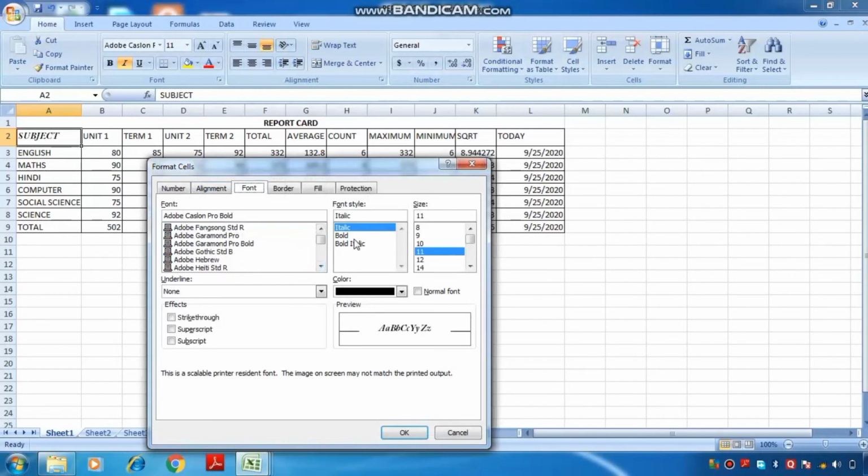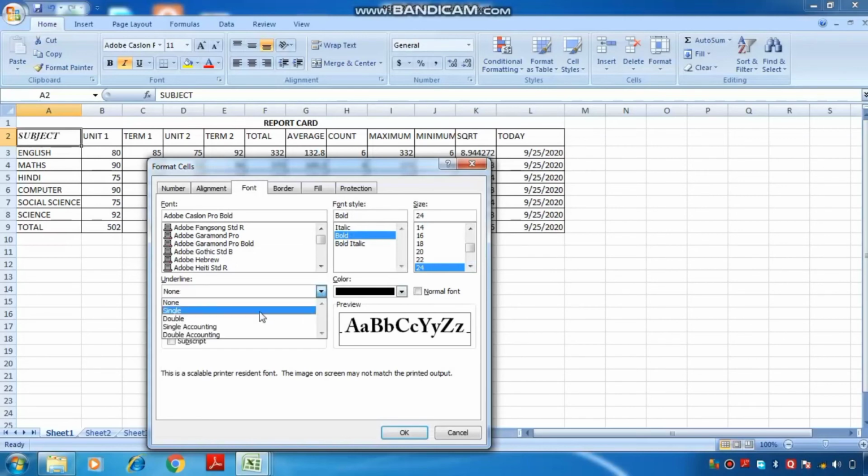Under the font style you can change it to bold, italic or bold italic. Suppose I want to take this as bold and increase the size of my font, then I select here. And for underline, if I want to assign it, I can select the underline option like single, double, single accounting and so on. I select single here.